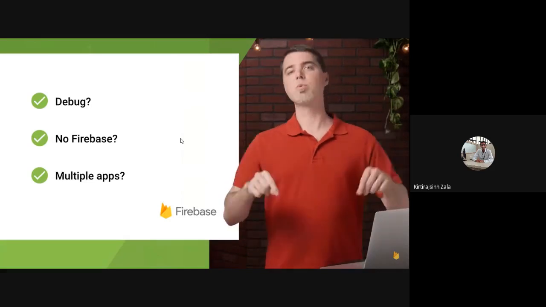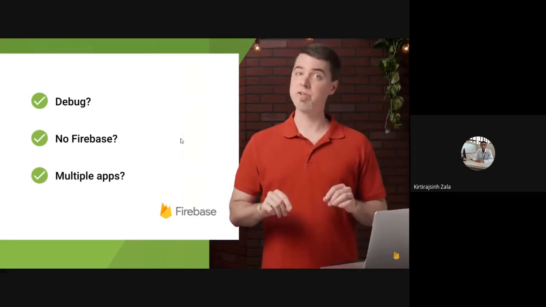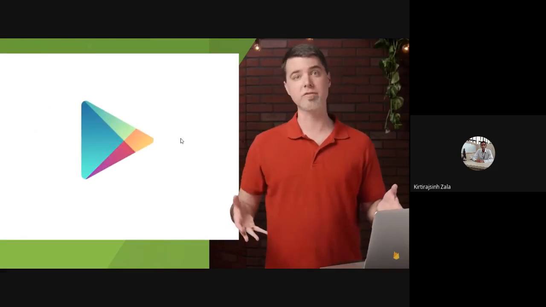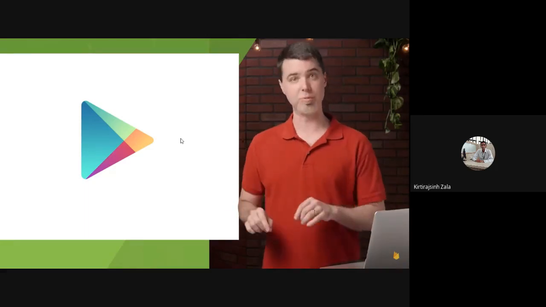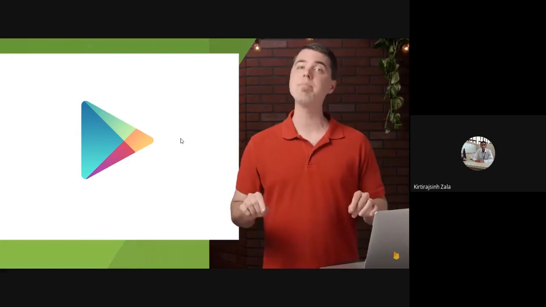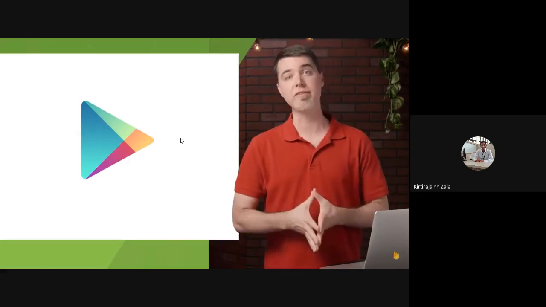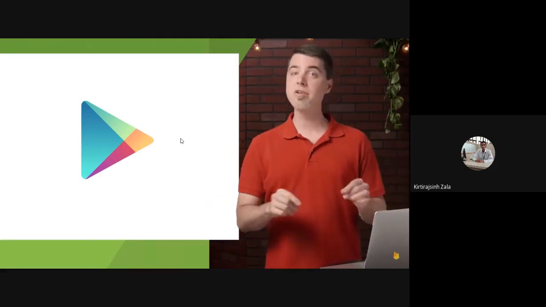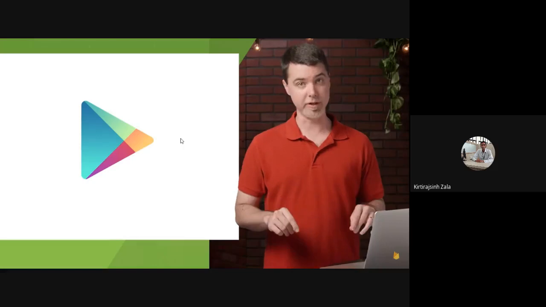Oh, and there's one other thing. If you aren't able to pay for testing, you can still make use of Firebase Test Lab by uploading your APK to an alpha or beta channel on Google Play Developer Console. All you have to do is opt in to use the pre-launch report. From that point on, every APK you upload to those channels will receive a 5-minute Robo test across several devices at no charge. After a while, those test results will appear alongside the APK in the console as well.